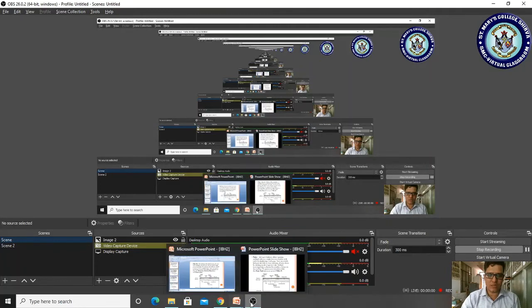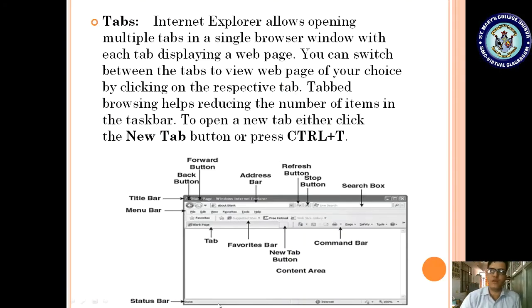So these are the taskbar items, and here it is showing your browser and your ppt and one of our applications. So likewise those items will be reduced if I open multiple web pages in a single window as tabs. To open a new tab, either click the new tab button or press Ctrl T. If you want to open a new tab, then you just press the new tab button or Ctrl T.